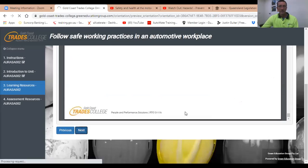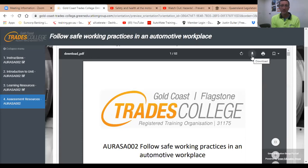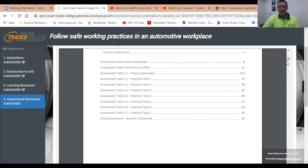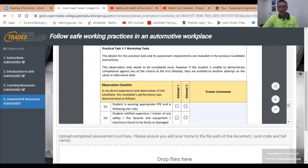We have the assessment tool that's required to be completed. There it is. We can see we've got a download button just here. You can download that particular assessment tool to your own desktop or laptop if you're watching this. Download that to your device. It is an editable PDF format, so you can answer all of the questions within the PDF. Once you've done that, you can save that on your own desktop. And as we go beyond the very last page, and we keep on scrolling down,